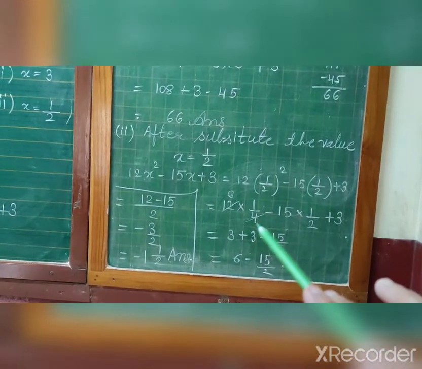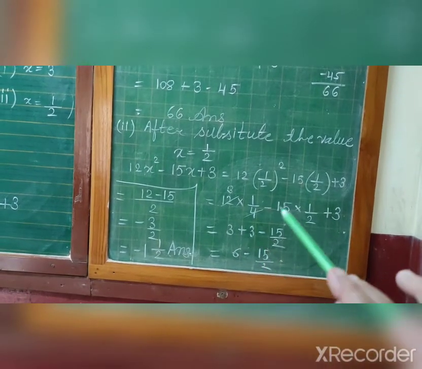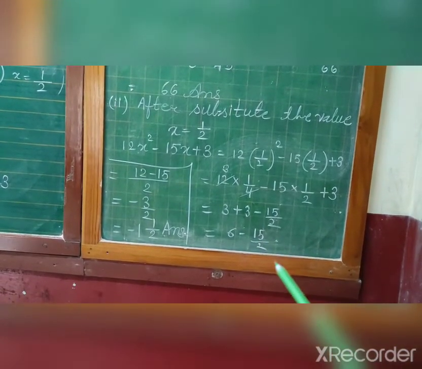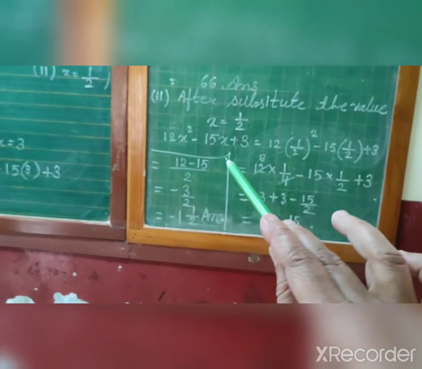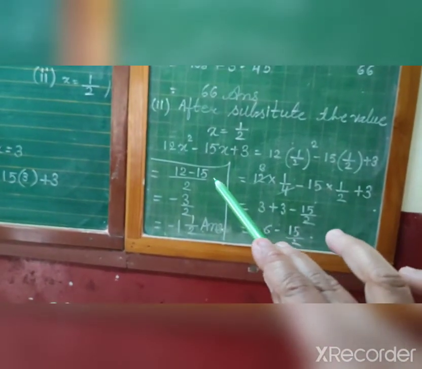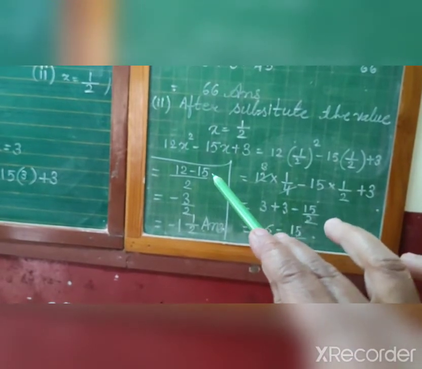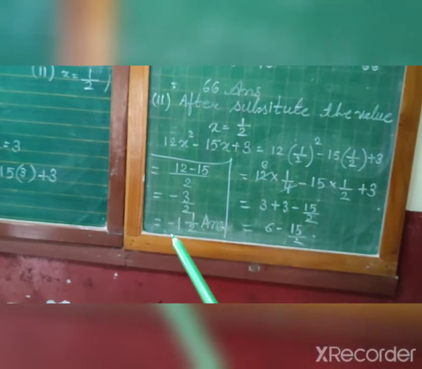Now 4 ones are 4, 4 threes are 12, and the positive term is plus 3, minus 15 upon 2, so 3 and 3, 6, minus 15 upon 2, take the LCM. So 2 sixes are 12. So 12 minus 15 upon 2. The negative term is greater, so subtraction is there, and minus 3 upon 2, that means minus 1 integer